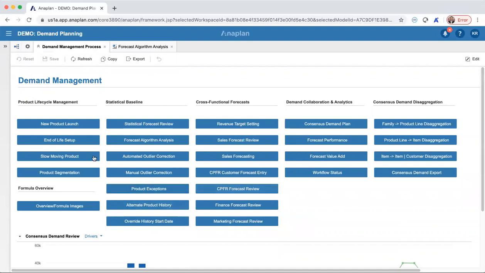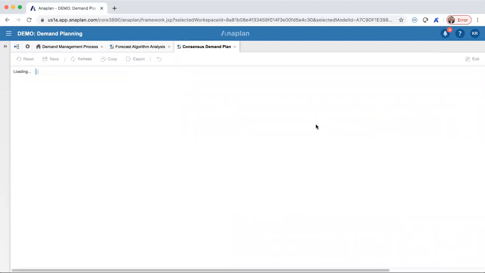So that's product lifecycle management. The last thing I want to go through is this demand collaboration and analytics. So if we open this dashboard here,